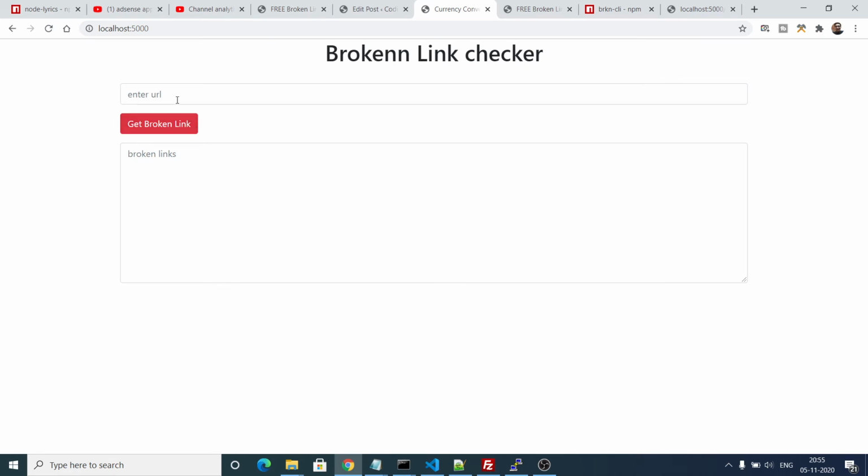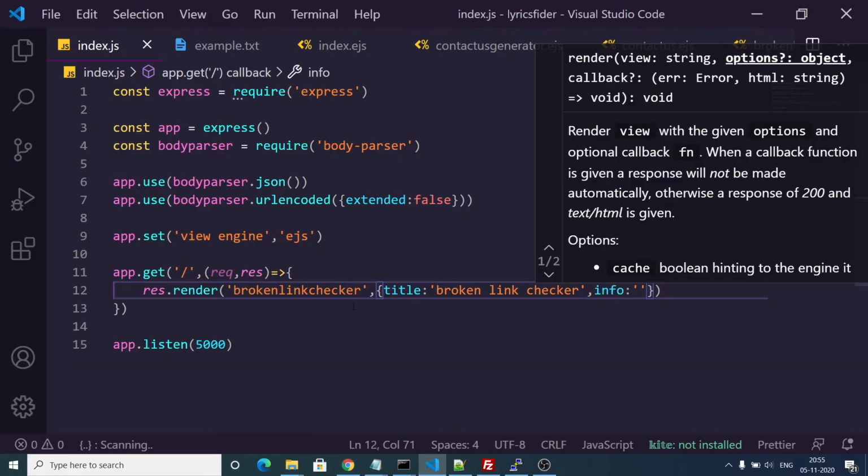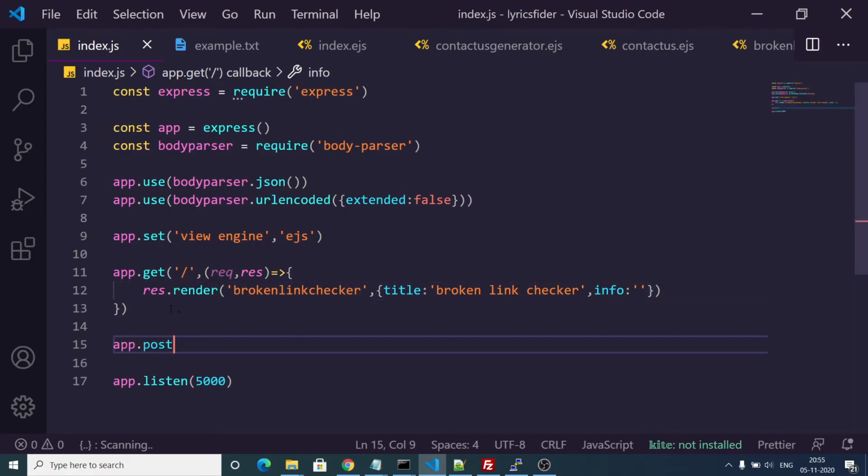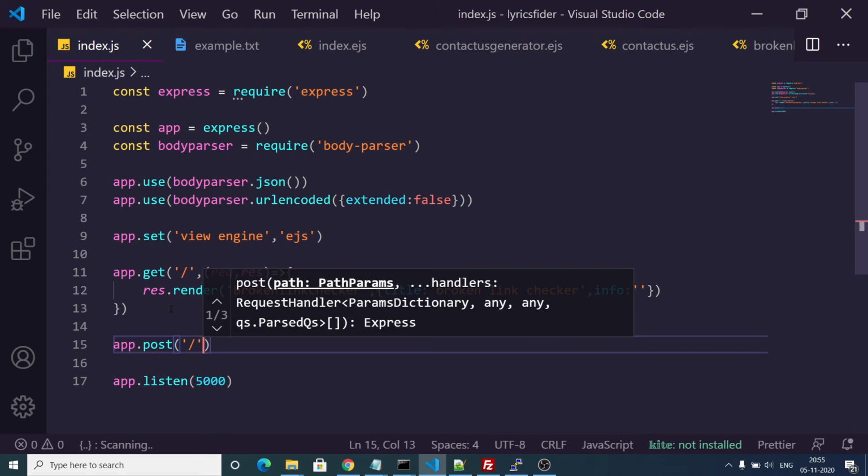Now you can see this is the input field. Here we need to enter the domain name. And now we will simply make the post request. So when we enter the post request,